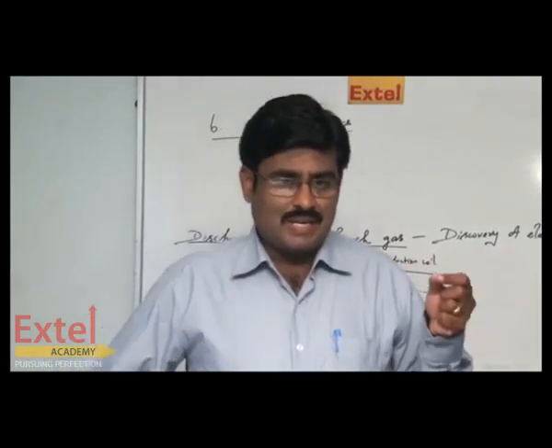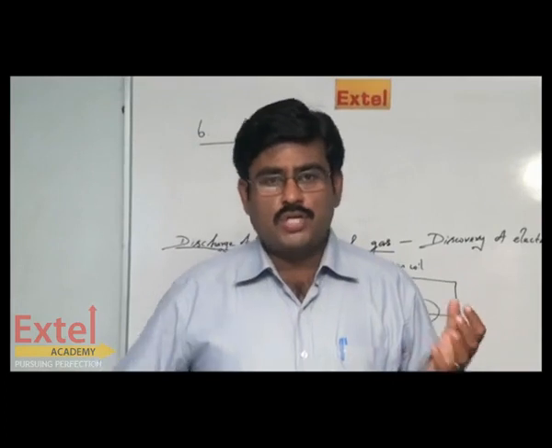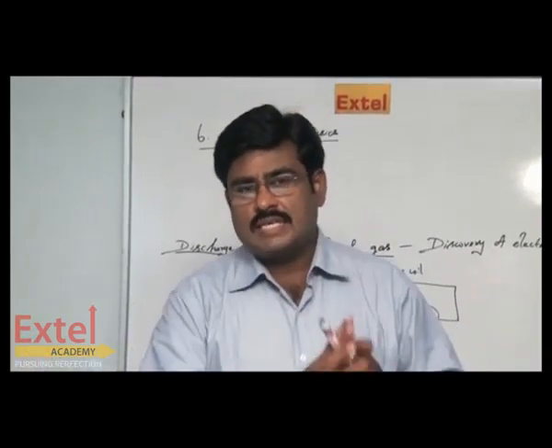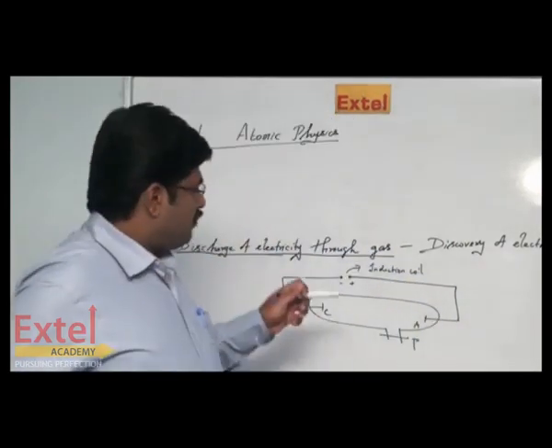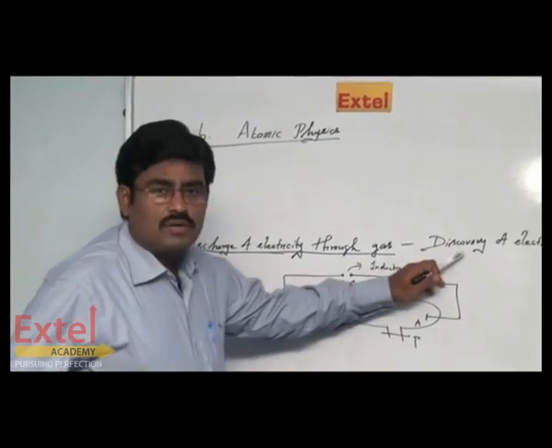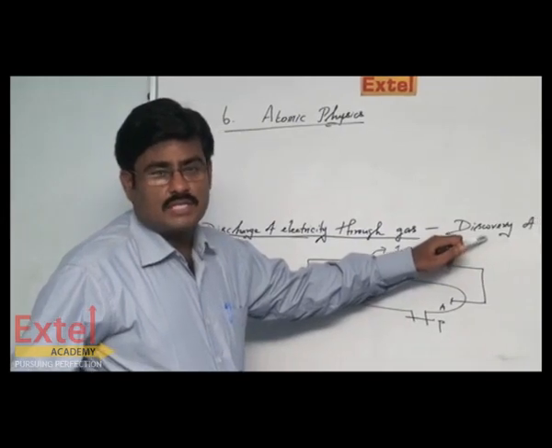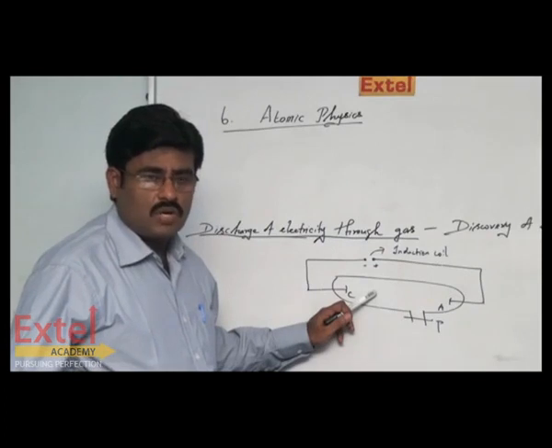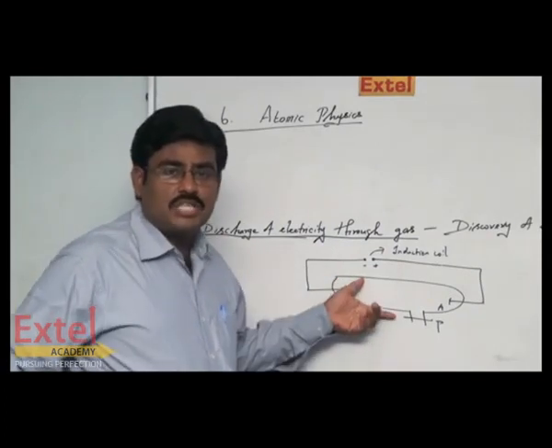So these are the two mechanisms with which any gas column can be made to conduct electricity. And this particular idea created a new invention regarding the structure of an atom. The first one, the discharge of electricity through a gas, by which the electron was discovered by J.J. Thomson. The diagram drawn on the board is that electricity discharge tube